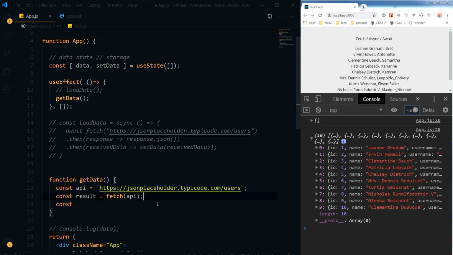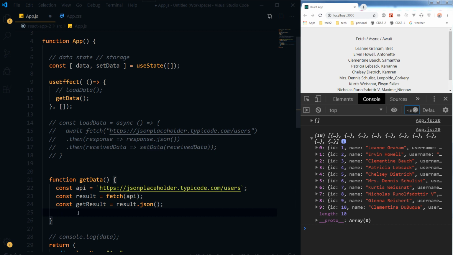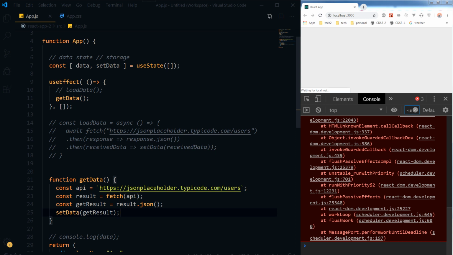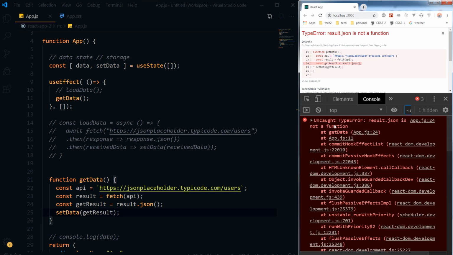So this was the result, and let's get result, result.json, and then our set data, this one. We want to store the data here by using this. So set data, get results. So we have got the errors. Okay, so result.json is not a function. Result.json is not a function. Okay,